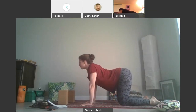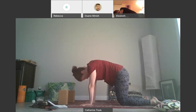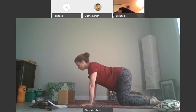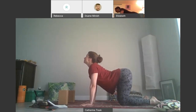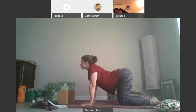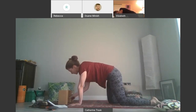Keeping this gentle, starting out the practice with easy range of motion. As you go through several cycles at your own pace, you always have the option to increase the range of motion if you feel like you want to. After this cycle, you can come back to a neutral spine,